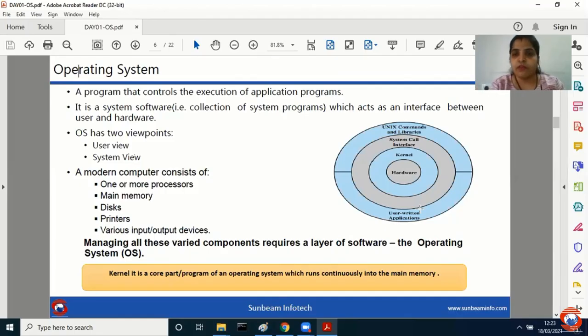Do you remember this? When you talk about, I have multiple number of OSs on one single machine, then I can go for, you can say, selection of one OS, and accordingly I will proceed ahead. And that is basically called as loading of kernel from main hard disk to your main memory. Sector 0 में आपका kernel रहता है. जब तक आपका कर्नल मेन मेमोरी में नहीं आता है तब तक आपका मशीन स्टार्ट नहीं होता है. So it is a core part or the program of operating system which runs continuously into the main memory. That is called as OS.